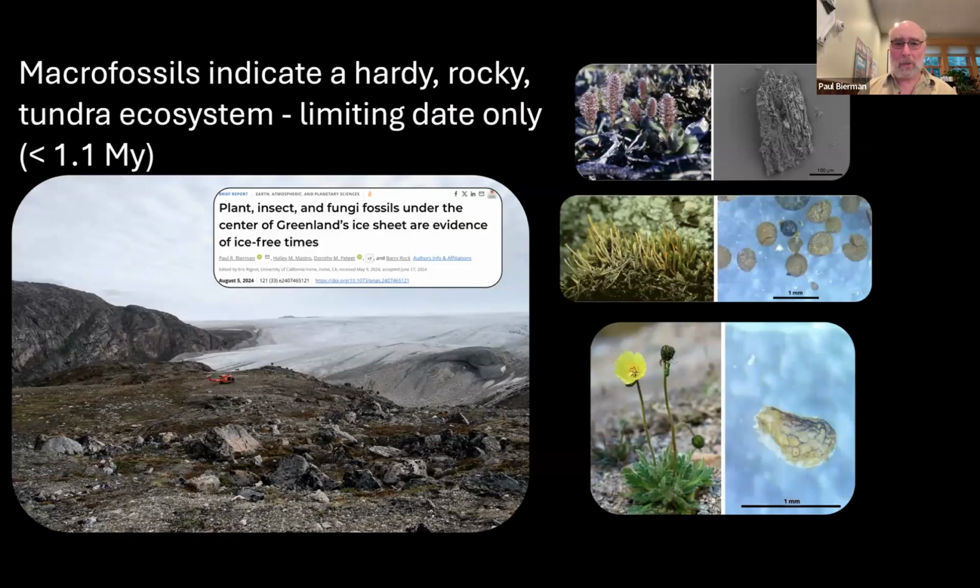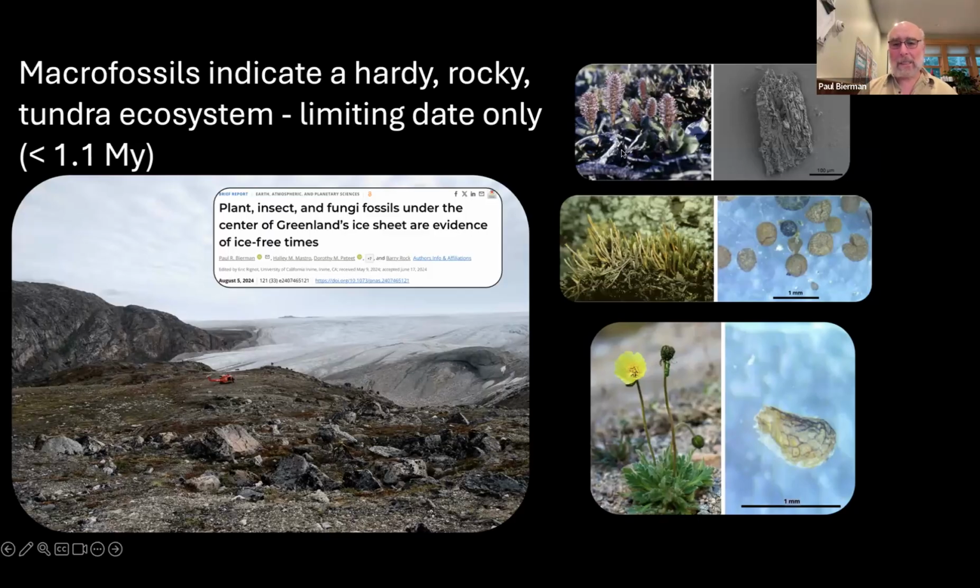And so Hallie did the same thing she did at Camp Century here for GISP2. She identified these are the spike moss spores, these are spike moss, there's the poppy seed, there's the Arctic poppy. And this is Arctic willow, a piece of wood. This is working with Barry Rock at the University of New Hampshire, who does SEM analysis of wood. And the way the vascular structure in this wood lines up under the electron microscope shows that it's this Arctic willow,